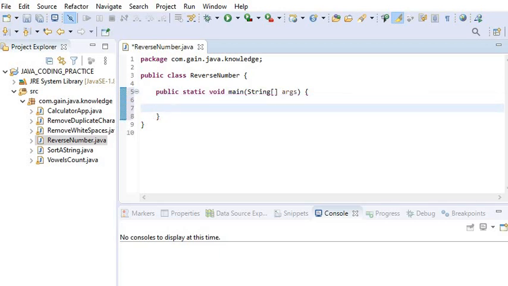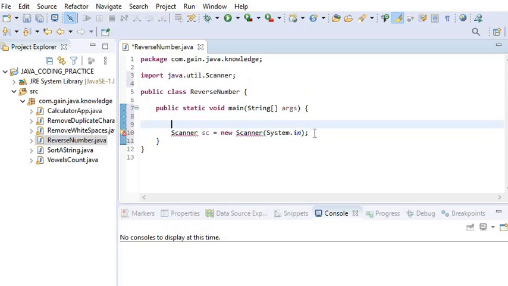Here I will use the Scanner class to take the input from the user, and I will print a statement, enter a number.